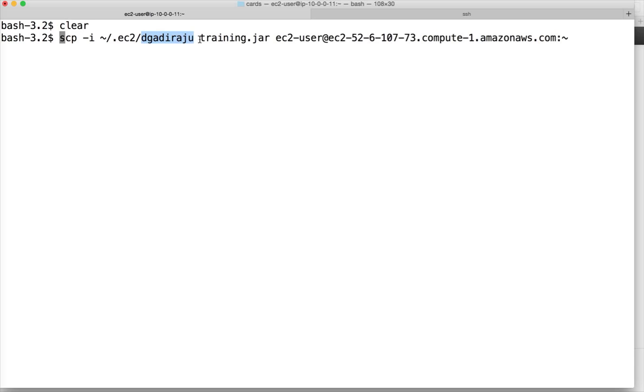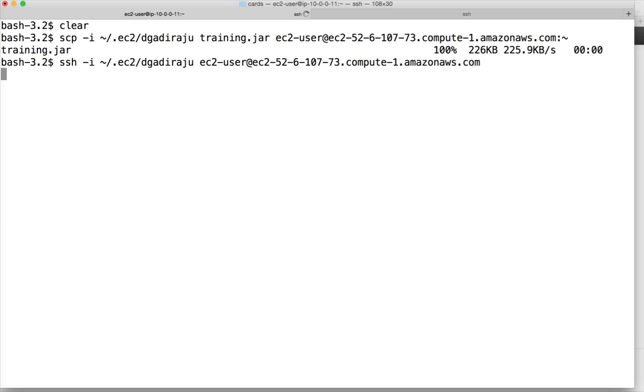I'm using a pem file to connect to the cluster, and this is the file on my local file system on my Mac, which I'm trying to copy to this username and host combination, and tilde represents the home directory of ec2-user, which is /user/ec2-user, and the file will be copied in a moment. Now the file is copied, and I'm actually doing SSH to that host,